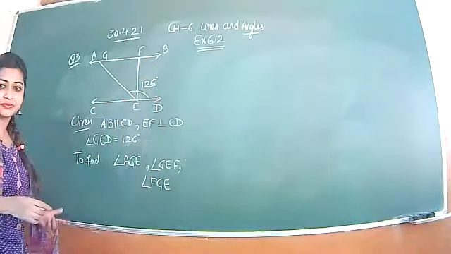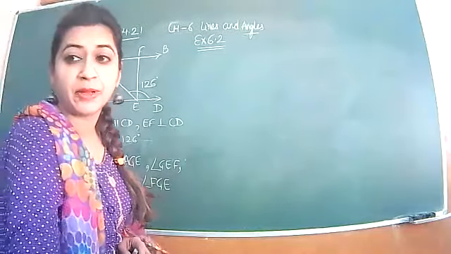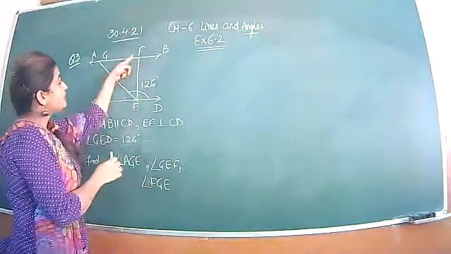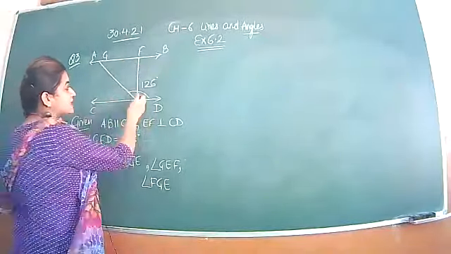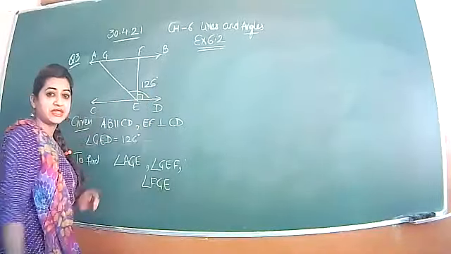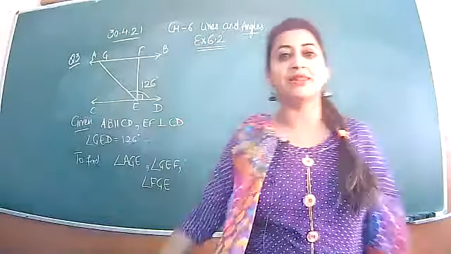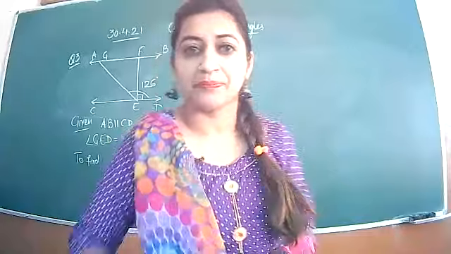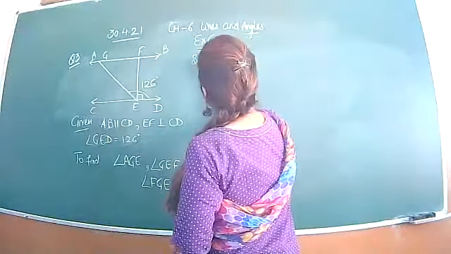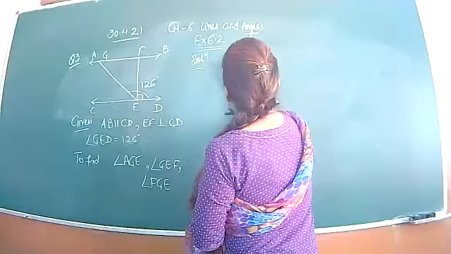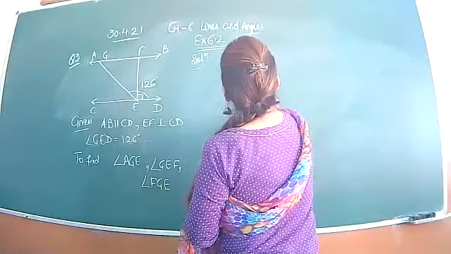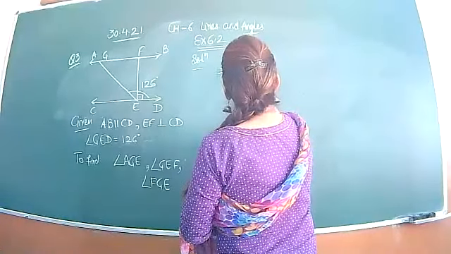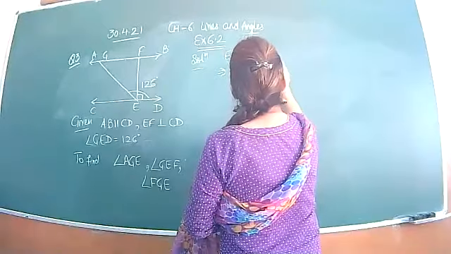This is given. And EF is perpendicular. This EF line is perpendicular on CD. If this line EF is perpendicular on CD, can we say that this angle is 90? If the line is perpendicular, then the angle on the base will be 90. So you will write this concept. Solution: EF perpendicular CD. This implies angle FED is equal to 90 degrees.